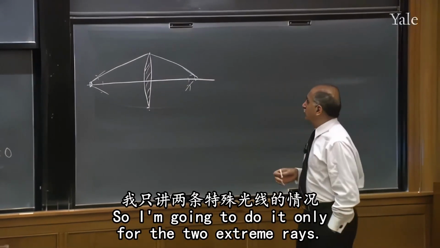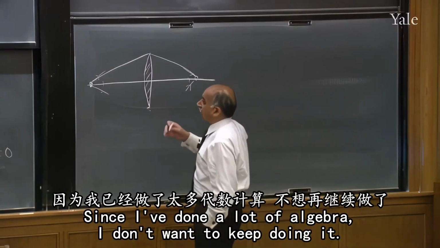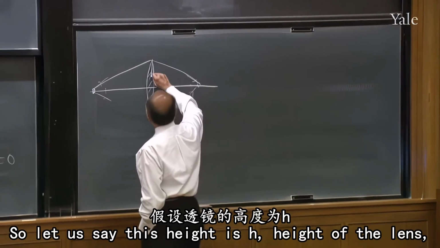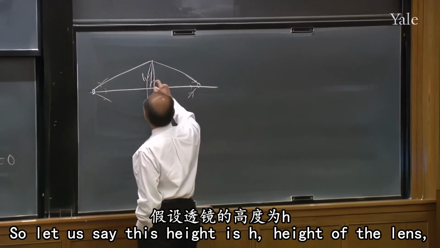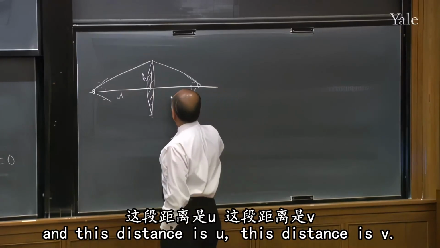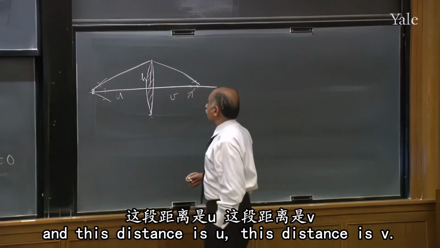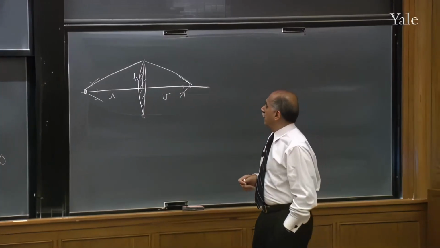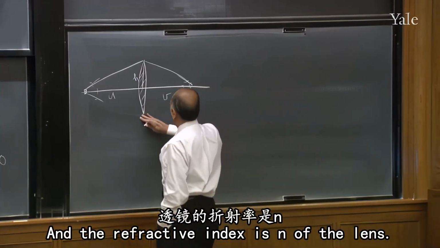So I'm going to do it only for the two extreme rays. Since I've done a lot of algebra, I don't want to keep doing it. So let us say this height is h, the height of the lens. And this distance is u, this distance is v. And the refractive index is n